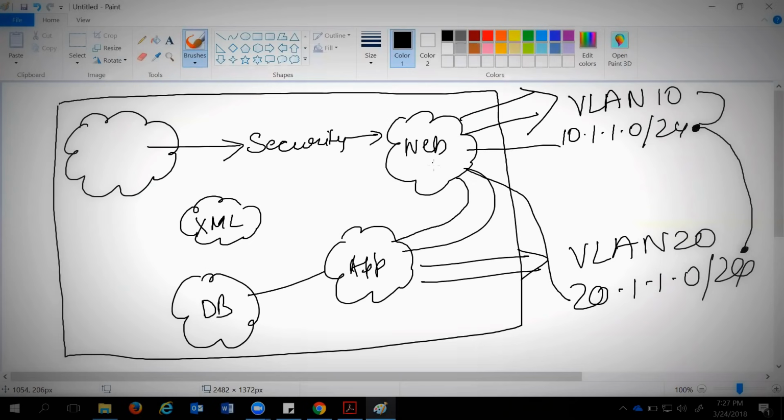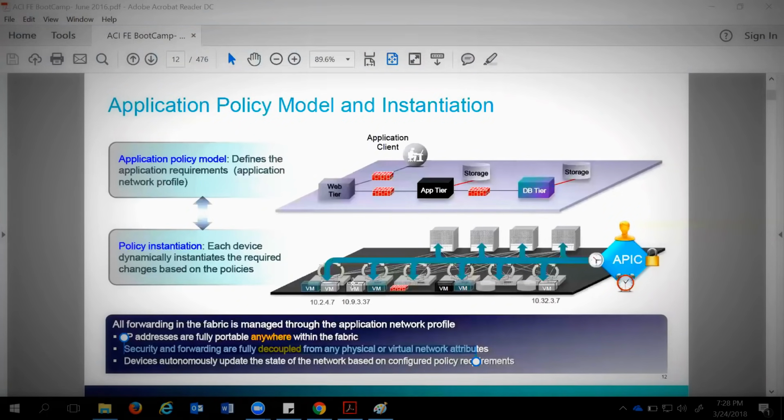But this time we are applying these things on an EPG level basis. Whatever the guys who are part of web, whatever the traffic that is going to app, they would have proper policies, which an end user would be creating. That's the one thing which is always going to save us from scenarios where we have to make